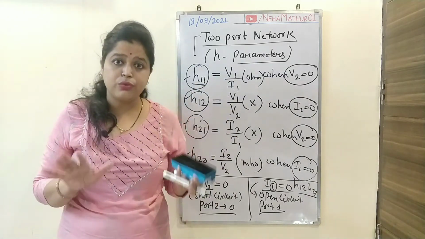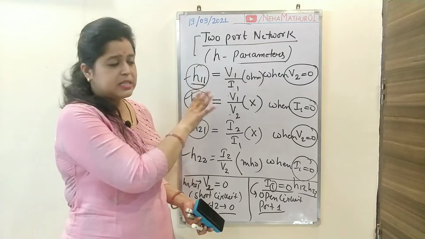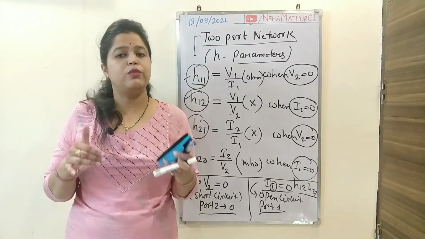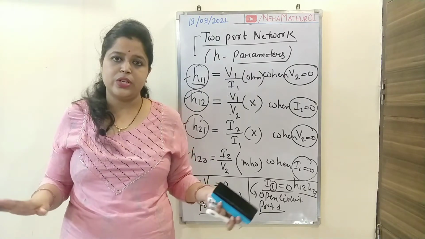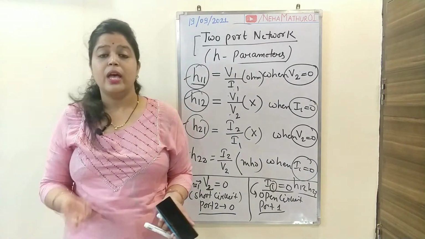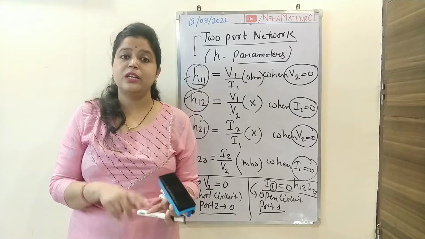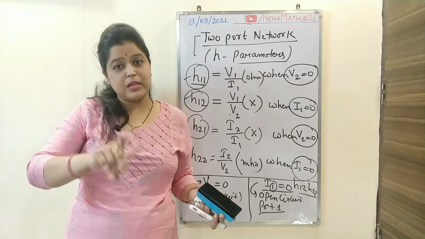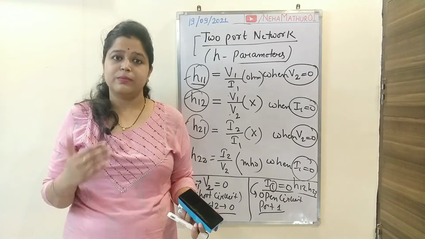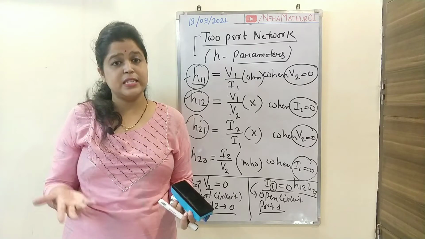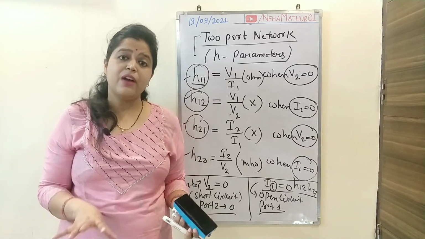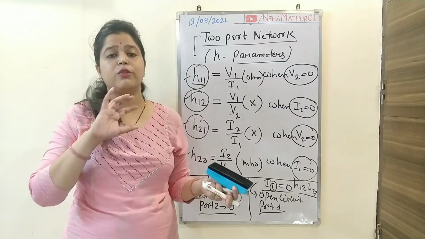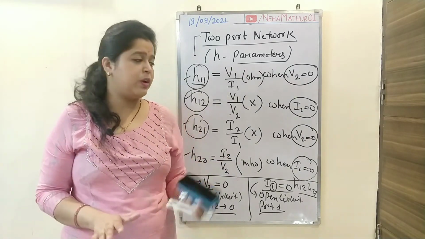If you are able to understand the concept of this H parameter from two port networks, I am sure that you will be able to solve all the questions related to H parameters also. And the important thing is, the H parameter is also important for the analysis of transistor circuits based on modeling. So for AC analysis and DC analysis of transistor modeling, we will use this concept. So this is the important parameter out of all the parameters. So I hope you are following the concept.